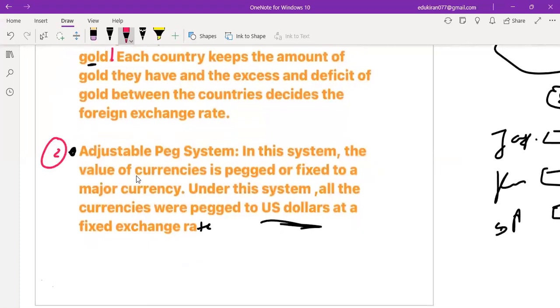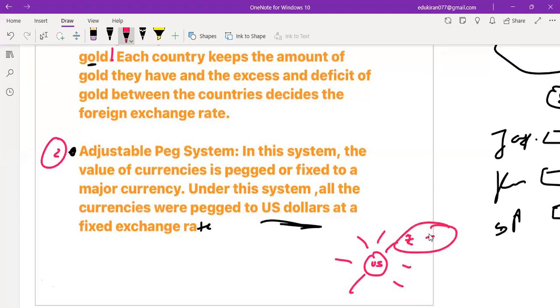Now, the second one is the adjustable peg system. In this system, the value of currency is pegged. Pegged means it is basically fixed to a major currency, right? Under the system, all the currencies are pegged to the US dollar. So over here, we are keeping the currency which is dominant in the entire world. So currently it is the US dollar, right? So we will compare your currency in comparison to this, and accordingly we will decide